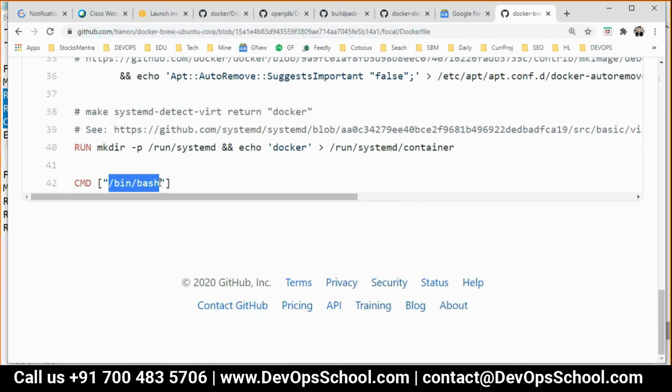bin bash. You must be wondering, many people asked me yesterday, how come bin bash is coming? How come Tini is coming? How come Python is coming? Java is coming? Perl is coming? XYZ and MNP, ABC? How are these coming in the PID 1? The answer is here. At least one place in your total layers, you should have either CMD or ENTRYPOINT.